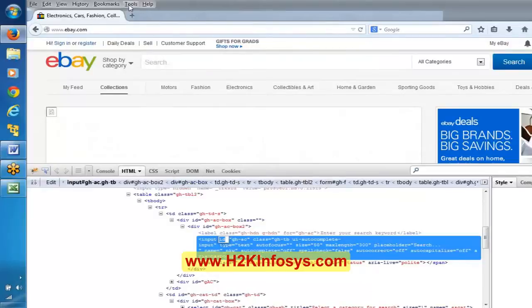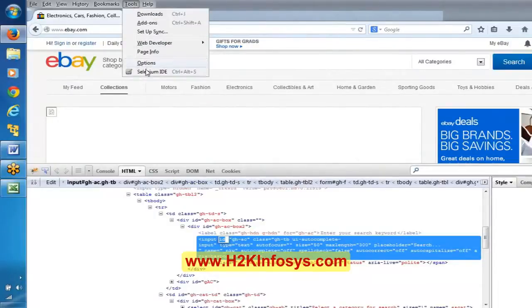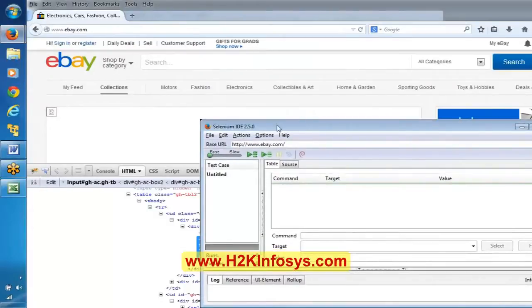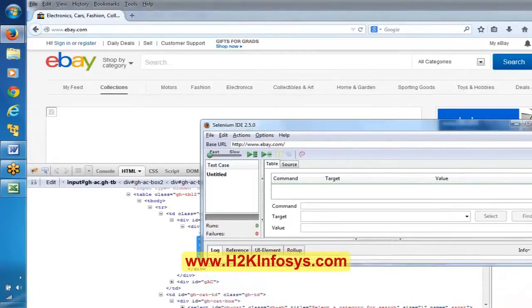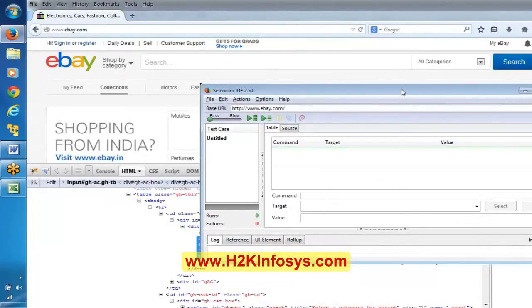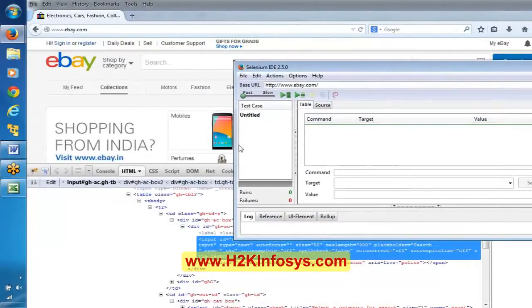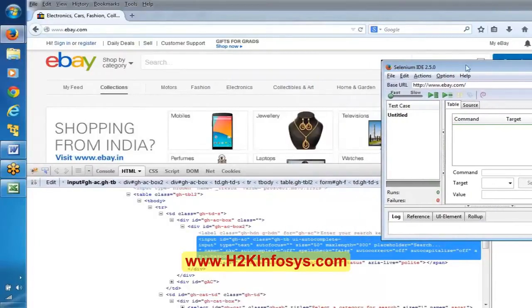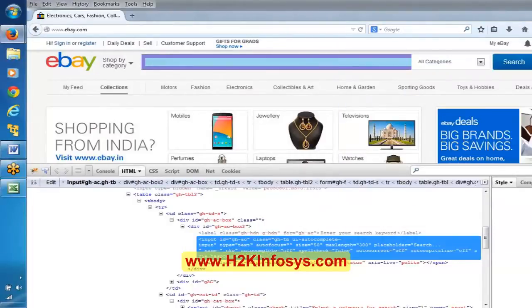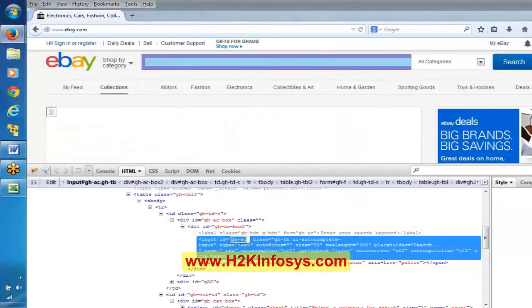Now everyone observe here, tools, Selenium IDE. In the previous classes I was showing this Selenium IDE, right? Selenium IDE is one of the components of Selenium. Now I am saying Selenium uses this ID to recognize this particular object.